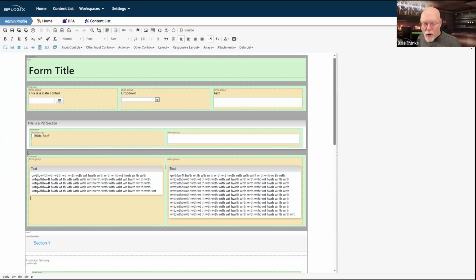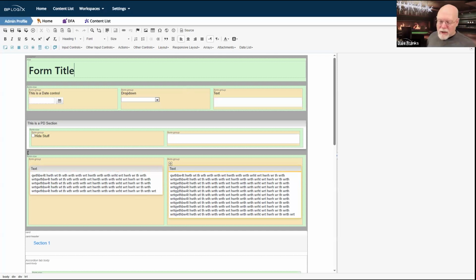So because I used the form group and form row controls, I can take advantage of the pre-built styling that they include in how they appear in the layout to give myself a little more control over how things appear than I would with the regular row and column controls. So I could have used either here.